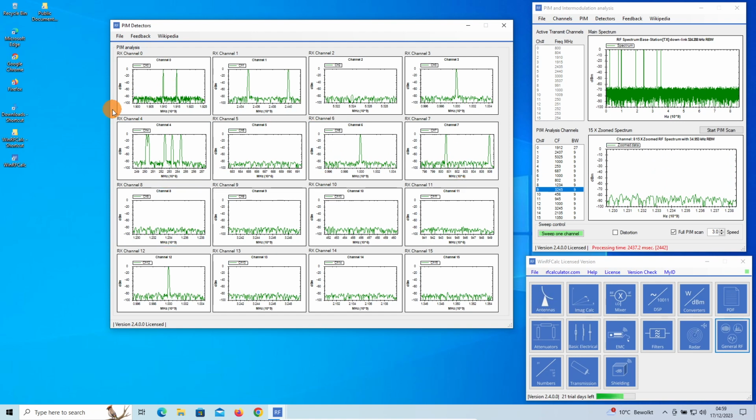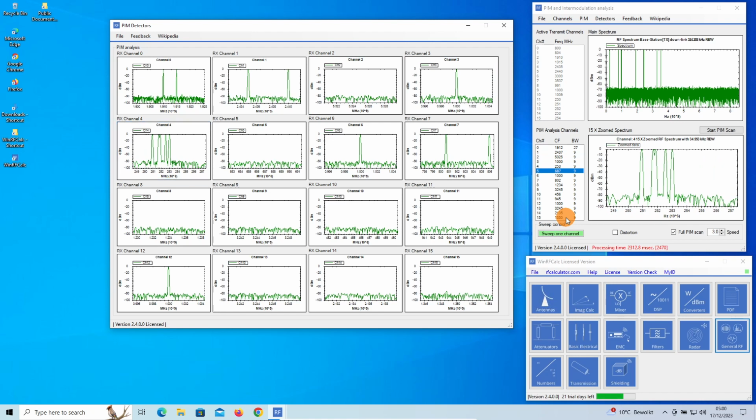Question will be, of course, why do you have all these strong signals here? Well, for this demonstration, we have programmed a number of signals falling in the analysis bands. Of course, if you do your PIM analysis, you will only have here your transmit frequencies or your downlink frequencies from your base station to the mobile. And here your RX frequencies will be programmed. So these are the receive frequencies where you are listening to the mobile and where your passive intermodulation products can fall.